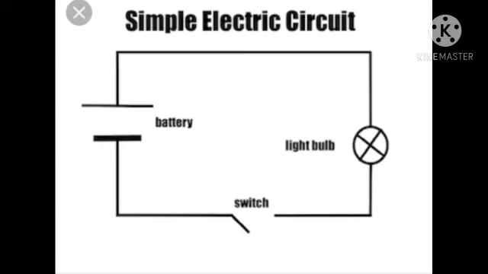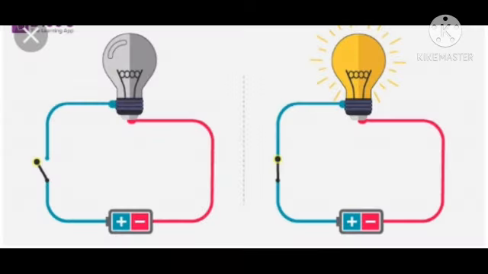This is when the switch is on. The important points to remember while drawing a circuit diagram are: number 1, there should be a source, that is one or more electric cells. Second, the wire should not have any discontinuity or gap. Third, the only component that has a discontinuity is the switch. When it is open, there is a discontinuity and current does not flow in the circuit. If we fulfill all these three requirements, then only will we make a completely working electric circuit.